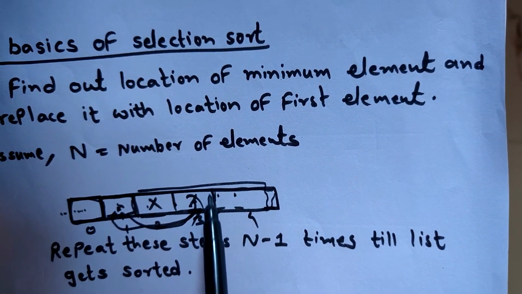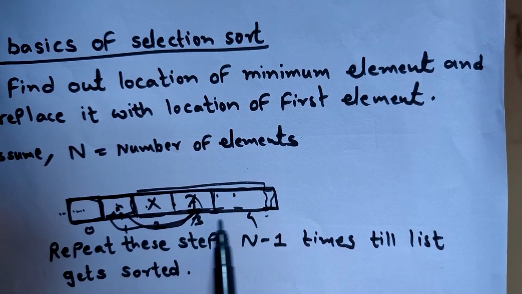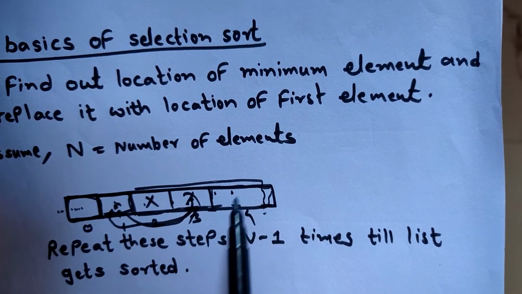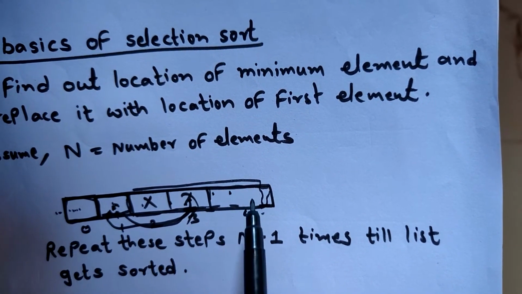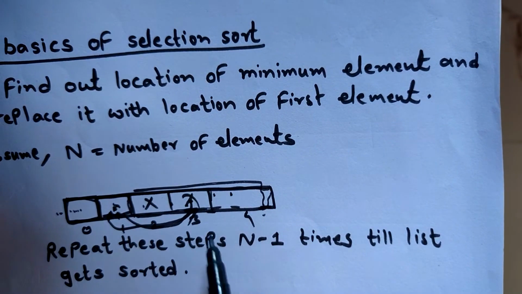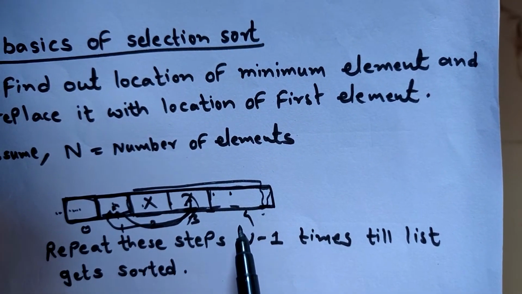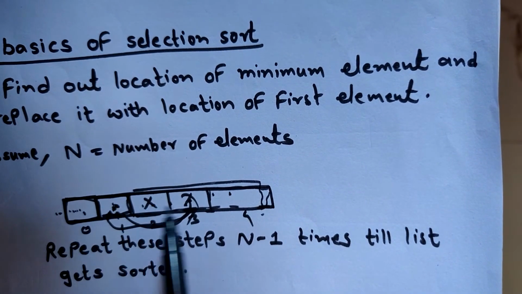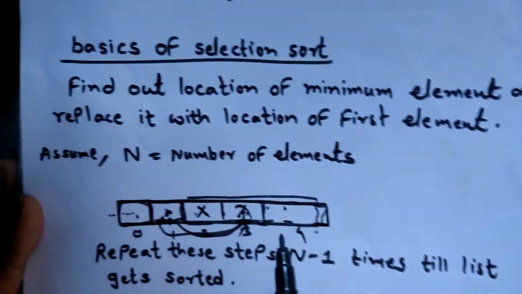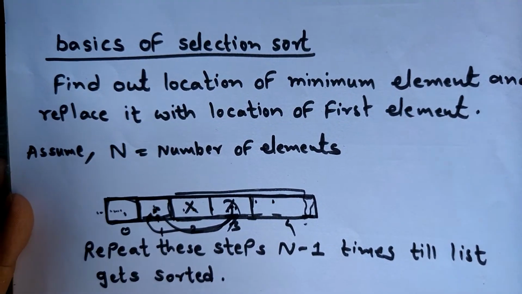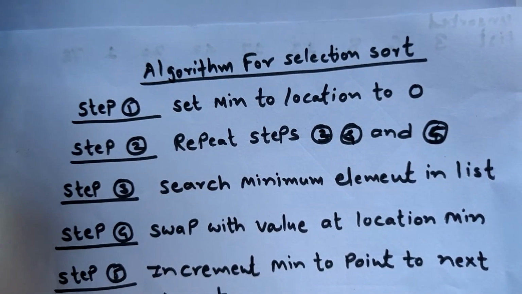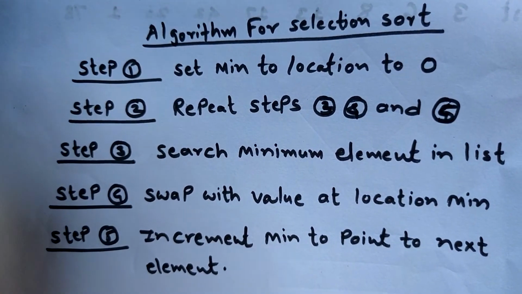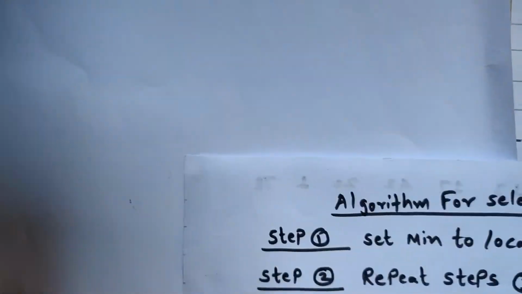Likewise, when only the last element remains, obviously that position will automatically get fixed. So how many iterations, how many times do you have to process these things? N minus 1 times. N minus 1 is 1 2 3 and 4. So that is the basic of this selection sort. Now we will see the algorithm for selection sort. We will see it in detail, but at first we will go directly to the live example.